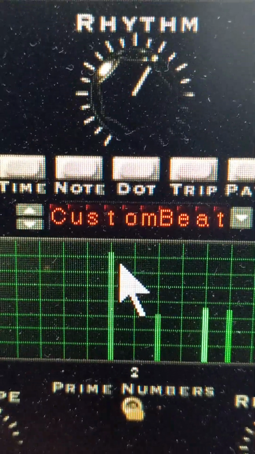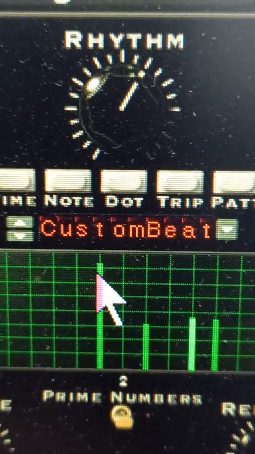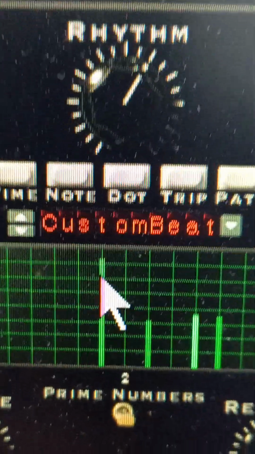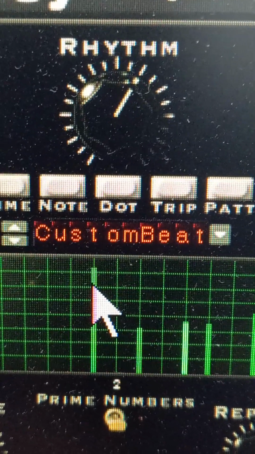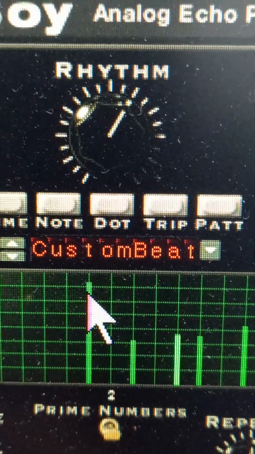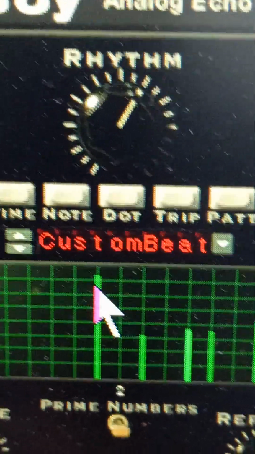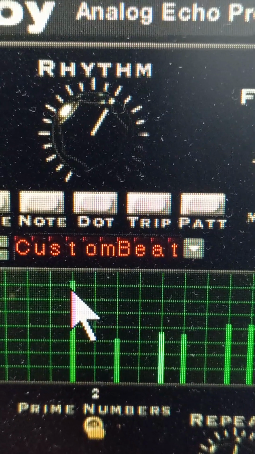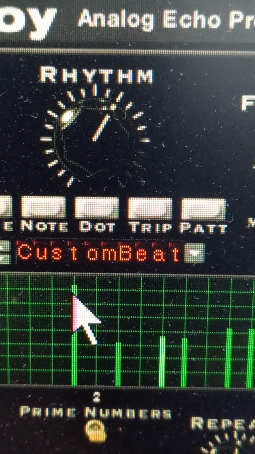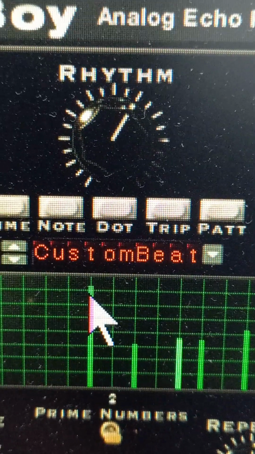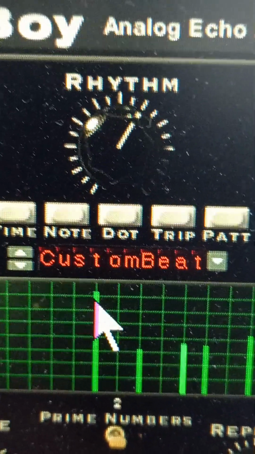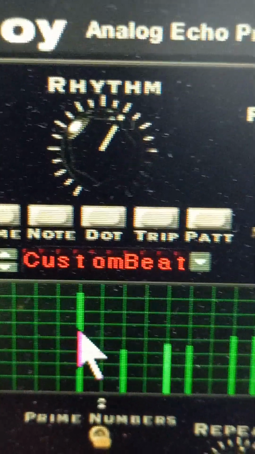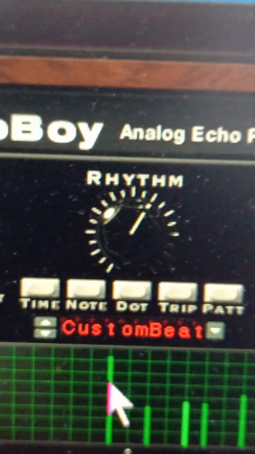Okay, so the first problem is that, as you can see, these bars are 3 pixels wide. The problem is that the first column of pixels, so from the left, doesn't seem to respond to mouse clicks. So if I position my mouse there, now we are exactly over the first column of pixels, and then if I click and drag down or up, that doesn't do anything to this bar, it doesn't resize it, which means